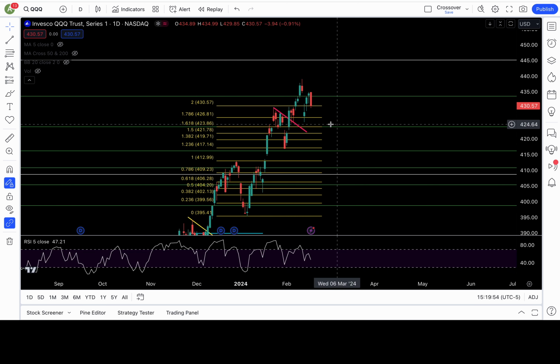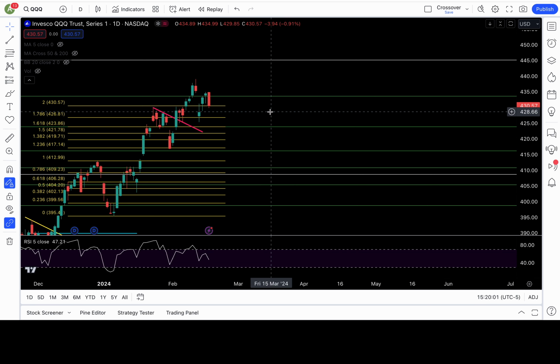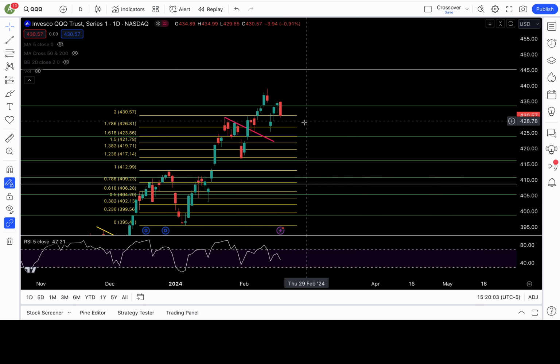430.57 is the fib level. And look where Triple Q closed: at 430.57. That's amazing. You see the amazingness of the fib level, guys? Overall, below 430.5 and 429, if we break that down,